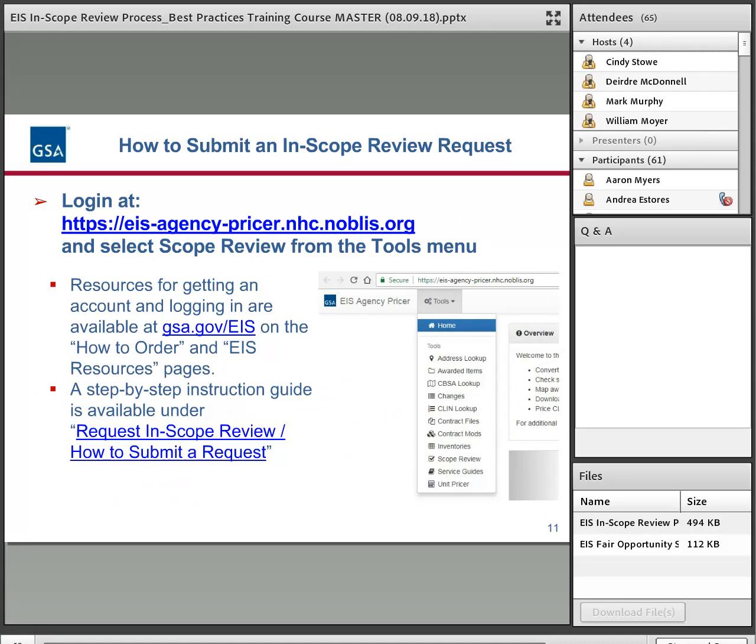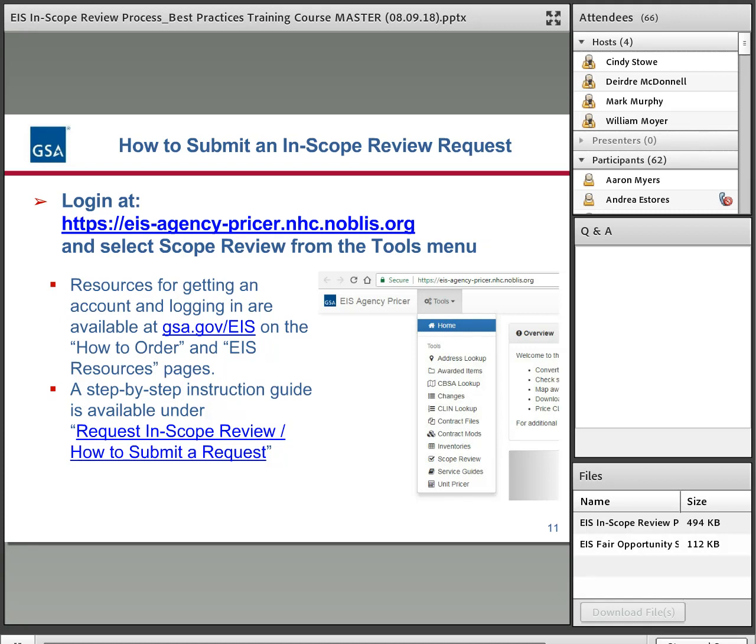So, as mentioned, the solicitations are submitted through the scope review tool. This is a screenshot of that, where you go into the agency pricer, and here you can see the drop down for tools.